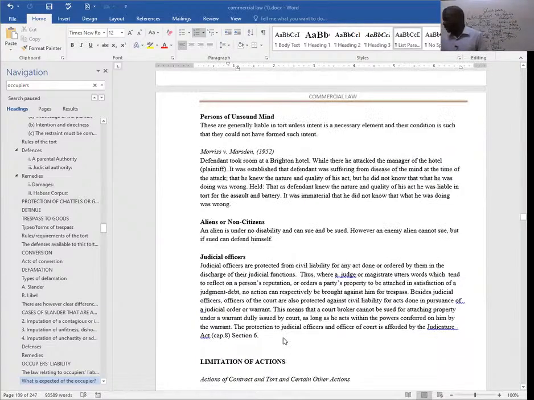So those are basically the persons, how you can look at persons as to whether they can be held responsible under the law of tort, or they cannot be held responsible under the law of tort. So that's basically what you need to understand about defamation, and of course, occupiers liability, the general defenses under the law of torts, and also the persons who can be held responsible under the law of torts. So that's simply the end of this particular topic.